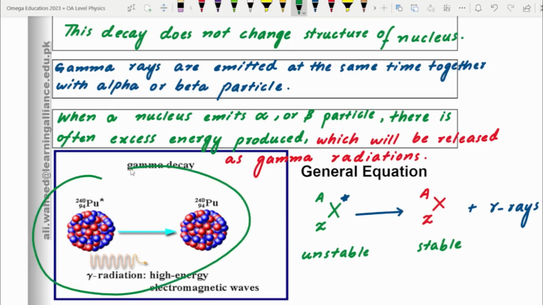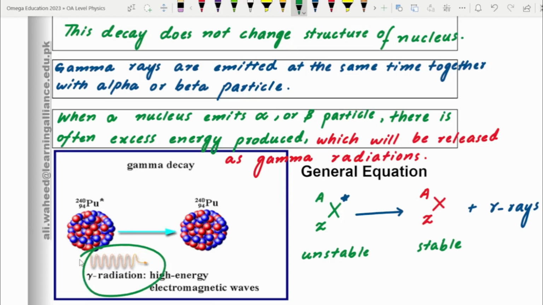For example, if you consider this equation, you have this element with the atomic number 94 and the mass number 240. After the emission of the gamma radiations, which are high energy electromagnetic waves, as a matter of fact, electromagnetic waves with the highest energy,